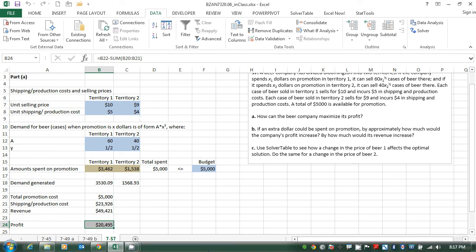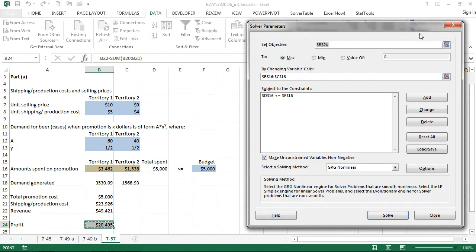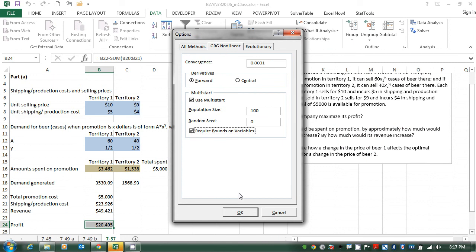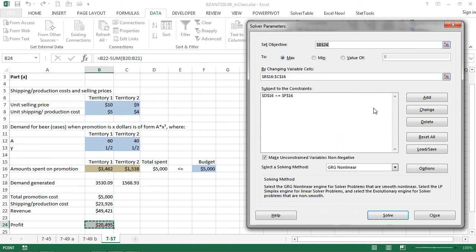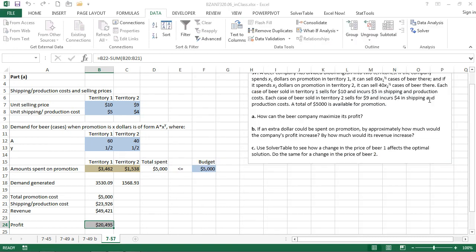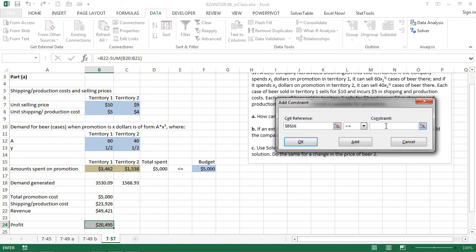Well, let me show you, and you'll see. Hang on a second. So here's nonlinear, require bounds on variables, but now I've only got an upper bound on the variable. So when I say solve, it says I must have both upper and lower bounds. So what it's really telling me is I need to be explicit about the bounds on each variable. If I'm going to use the non-negative lower bound as one constraint, then for each variable, I should probably add one that says this one has to be less than the budget amount,